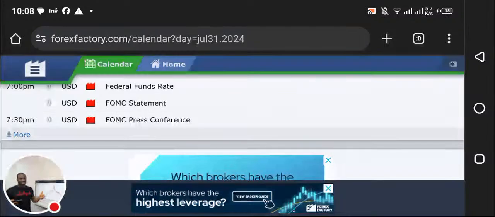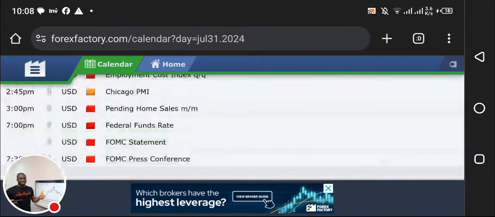So if you're trading USD pairs, please be very conservative. Be very careful, please. Don't over leverage. If you're trading USD pairs on days a major news will be released, your stop loss should not be below 40 pips, and you're advised to wait, let's say, a few hours after the news before you execute any trade.